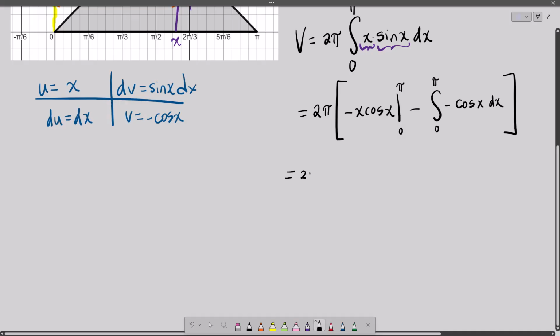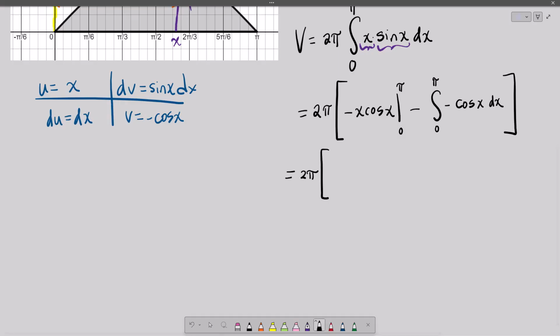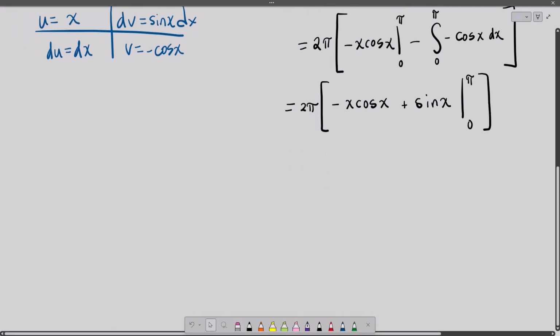So let's not evaluate this yet. Let's do all of the evaluation at the same time. So we're going to leave this here. We know that minus can factor out and turn into plus. Antiderivative for cosine is sine. And then all of this whole antiderivative thing gets evaluated 0 to pi. We've got our huge bracket out there still. Let's try to make them the same size roughly. So then we have 2 pi multiplied by,